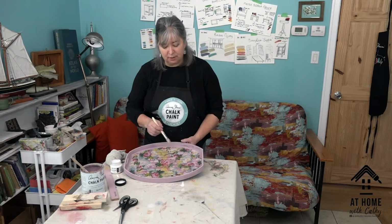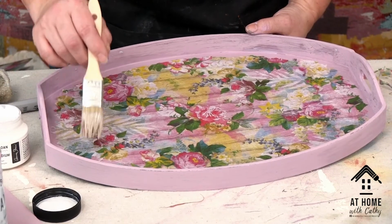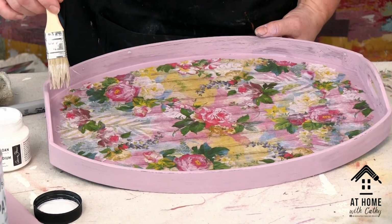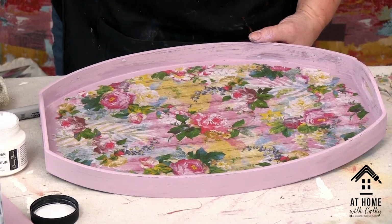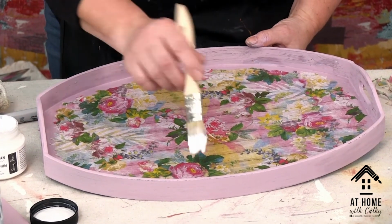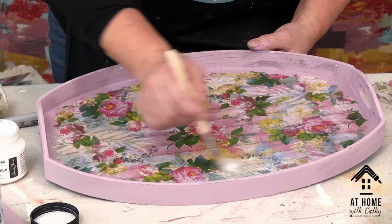I have my napkin decoupaged on here. My lines are pretty good. You'd have to really look closely to know where I added the end pieces. And now what I do, this actually becomes my varnish. So I gently, because the paper is wet, I am gently going to just